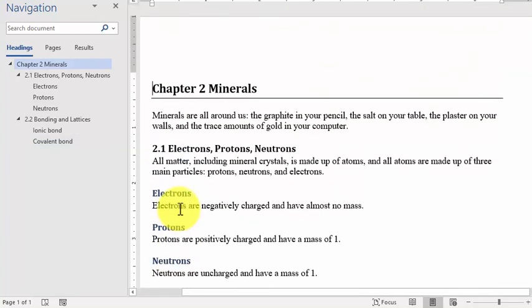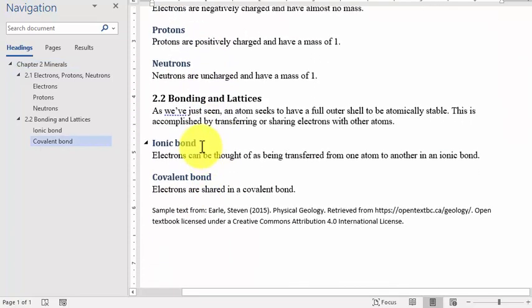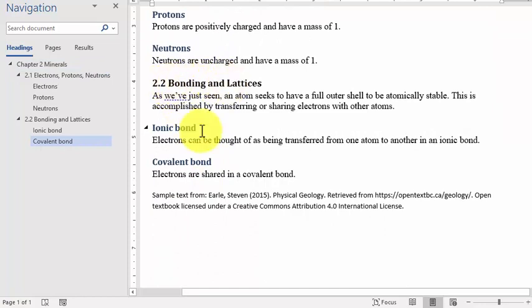You should always have just one heading level 1, and that should be the title. In this example, heading level 1 is Chapter 2 Minerals. Below that, there are two heading level 2s, 2.1 Electrons, Protons, and Neutrons, and 2.2 Bonding and Lattice. The first heading level 2, again 2.1 Electrons, Protons, and Neutrons, has three level 3 headings below it: electrons, protons, and neutrons. The second heading level 2, Bonding and Lattices, has two level 3 headings below it: ionic bond and